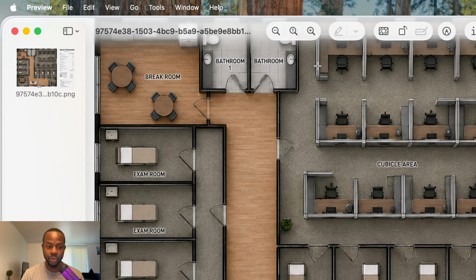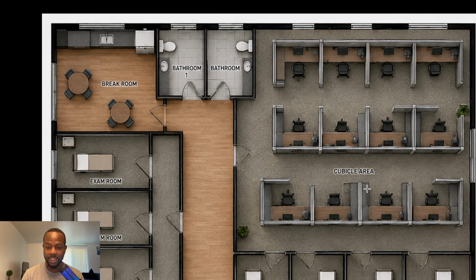this 3,000 square feet building that I created right here. This is a 3,000 square feet building. And as you can see with this 3,000 square feet building, you have break room, exam rooms, some cubicles, carpet, bathrooms, things like that. So let's say you went on a walkthrough, you got a call or email, and then,